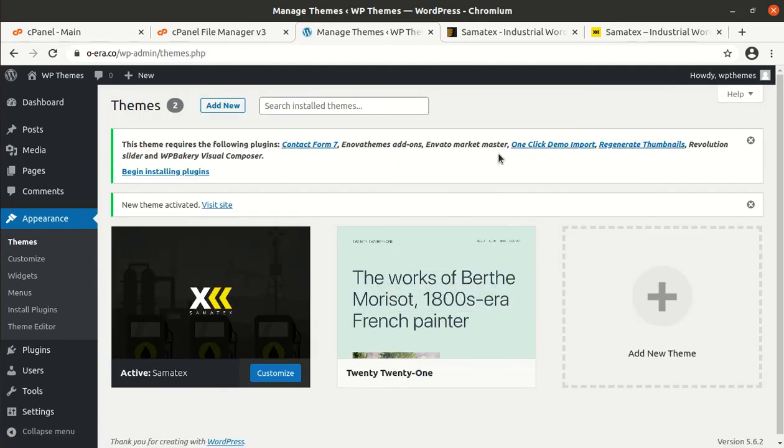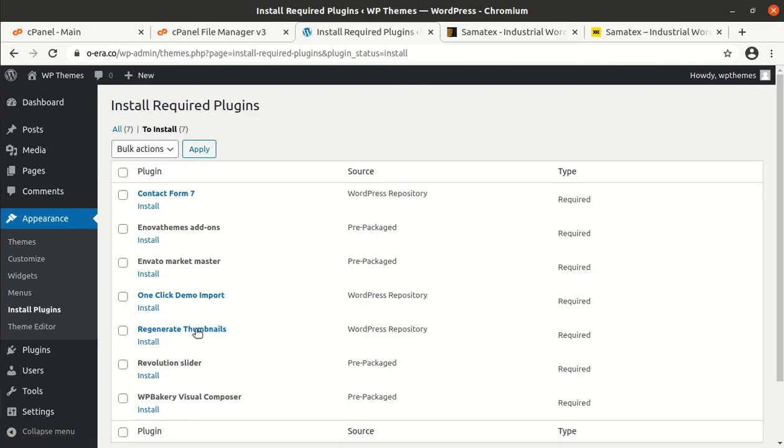Upon activation we got an alert that we need to install certain plugins. Let us check what these plugins are. This is the list of plugins. In fact all are required, and I am going to install all the plugins in one go. If you are not confident about your server capacity, just install the plugins one by one to avoid errors.